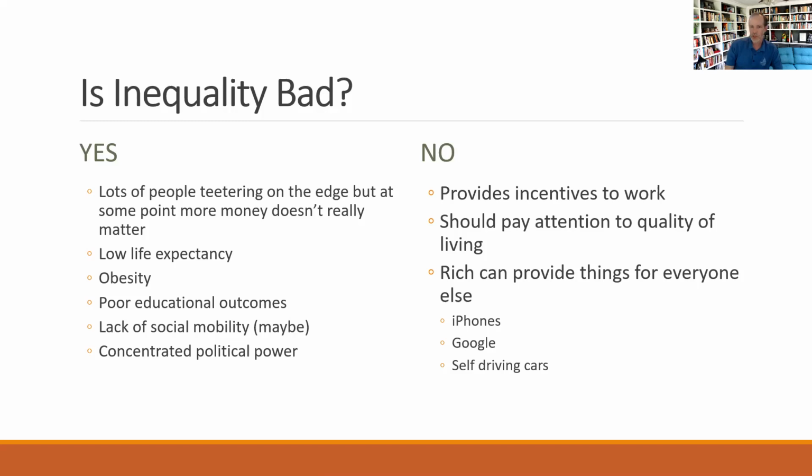Another argument against inequality is quality of life. And usually when they make this argument, they mean things you can buy are cheap, right? So some things you can buy are cheap, and we'll look at some prices on things in a minute here. But say income inequality is high today, but everyone has washing machines and cell phones and computers and all sorts of fun stuff they didn't have in the 50s when income inequality was less.